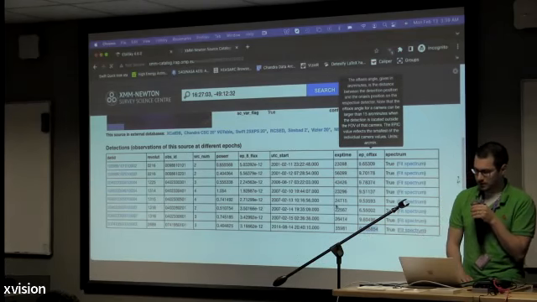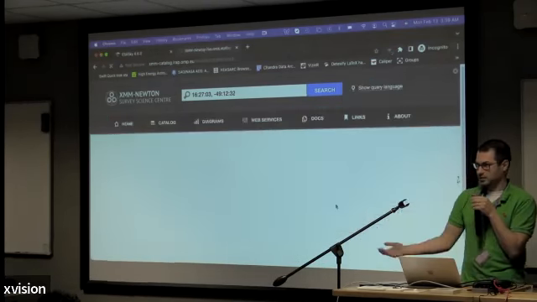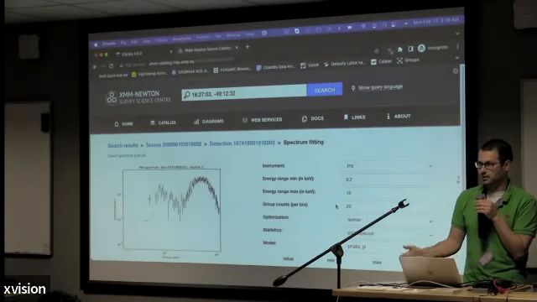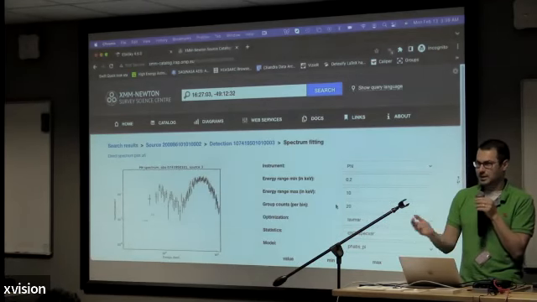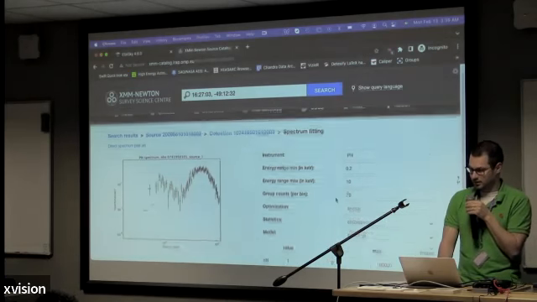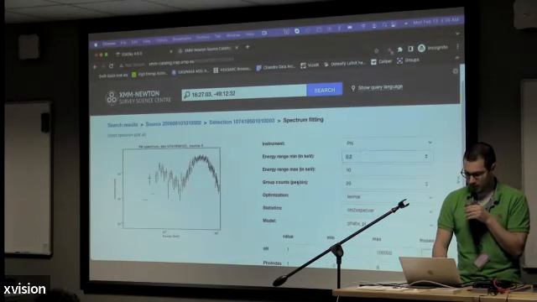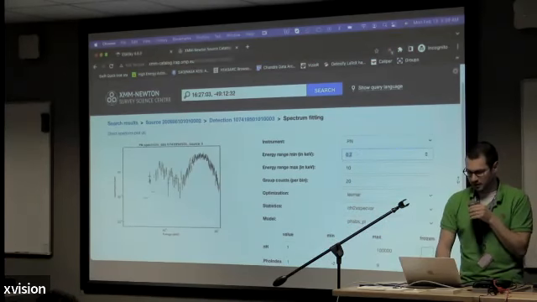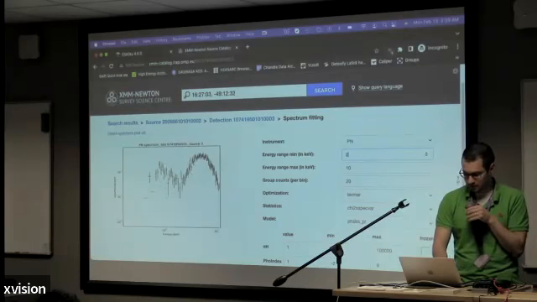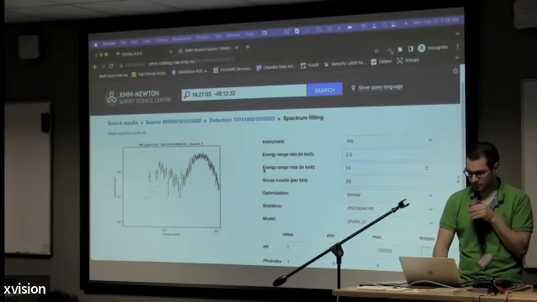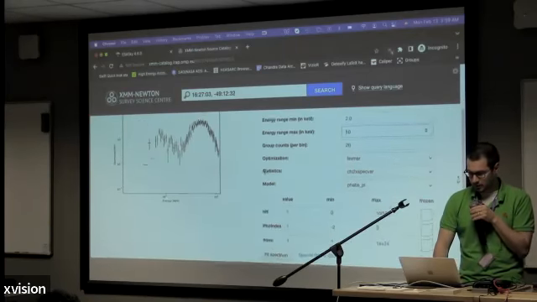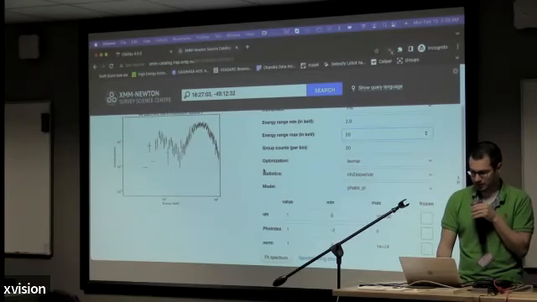And you can basically fit the spectrum of sources kind of directly in your browser just to get an idea. So I wouldn't use this for actual science in like a paper, but for doing quick analysis and trying to understand a source spectrum, it's very fast. So I happen to know this source has some contamination due to a star that's not resolved by XMM. It doesn't have the angular resolution to resolve it.